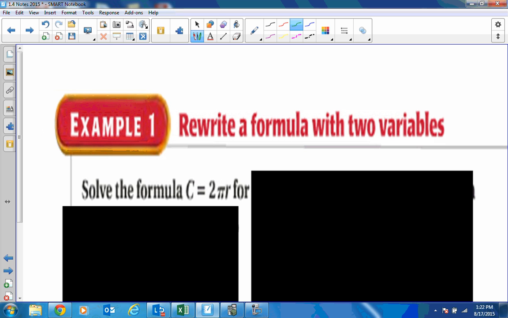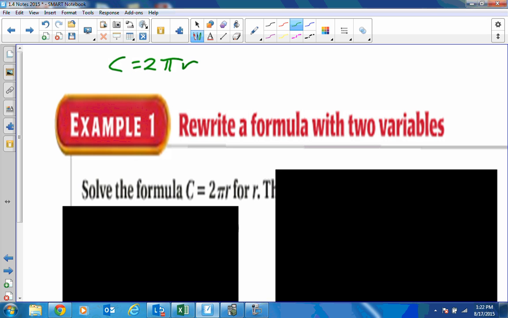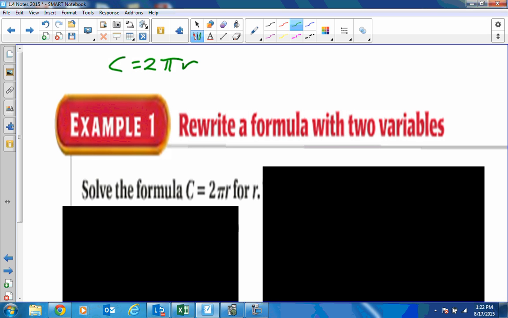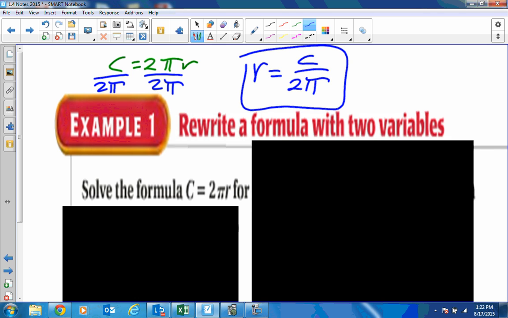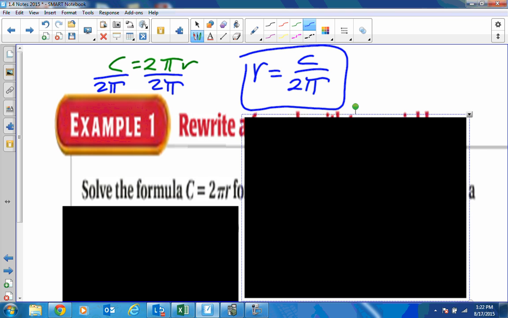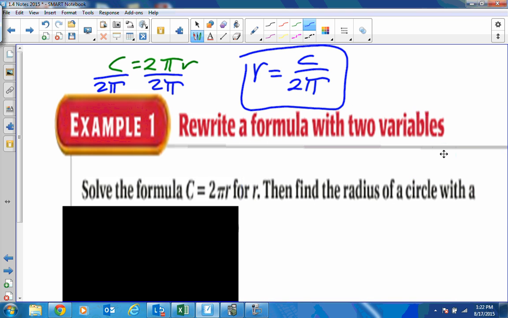So we have C equals 2 pi r. If I want to solve for r, what I'm going to do is divide by 2 pi. So the radius equals the circumference divided by 2 times pi, is what you want. Then it says find the radius of a circle with a